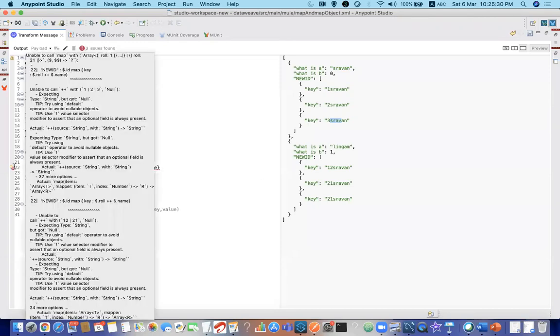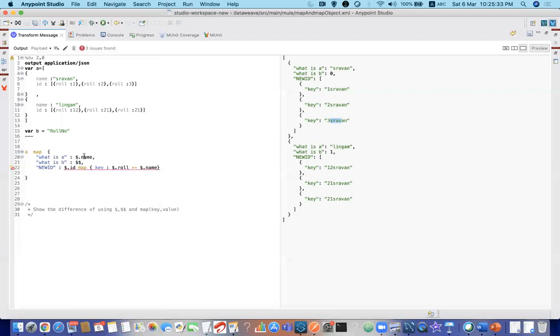Here it is giving an error, but still I want to access my name over here, but it is not able to access here because this dollar now is confined to the $.id array. This $.id doesn't have this name, right? In such cases, we have to go with this syntax. You can see like A comma B. Let me put it for now.